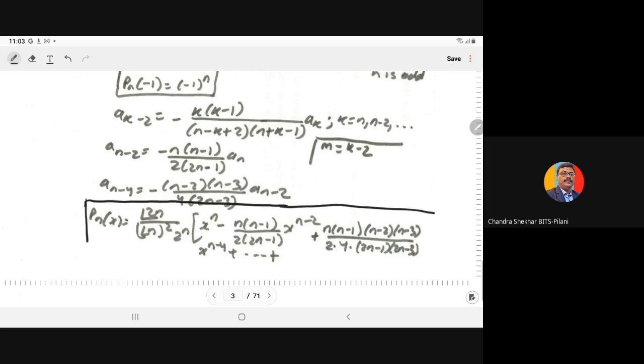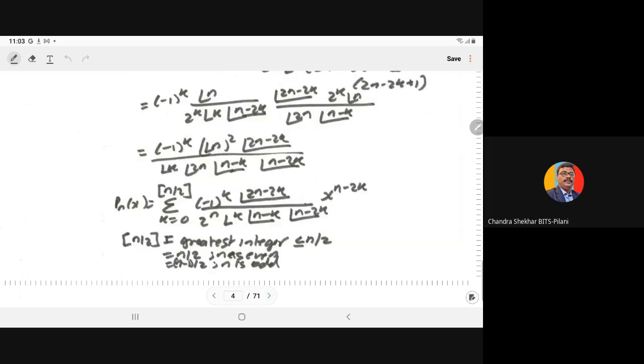From that we have this power series, or you can say polynomial form solution. This is the polynomial form solution where this is your a_n. So the highest term is the a_n x to power n. Then after we have x to power n minus 2, x to power n minus 4, and so on, depending on the nature of n, whether it is even or odd. The last term will be either a_1 x or a_0.